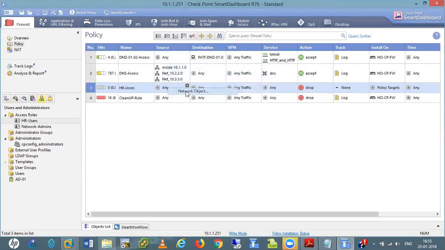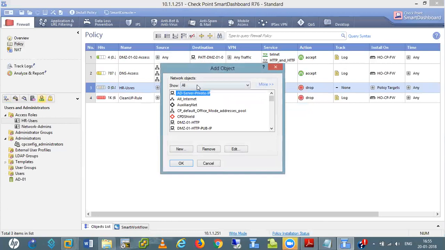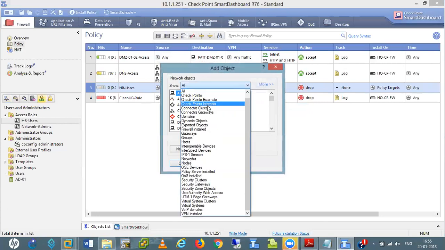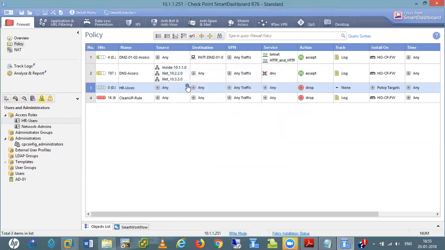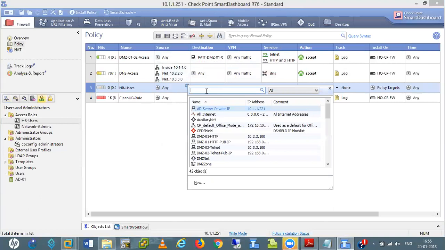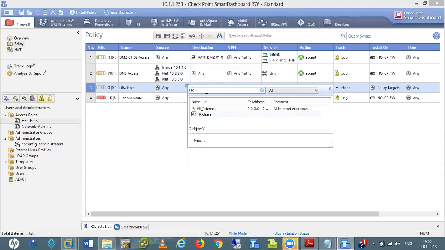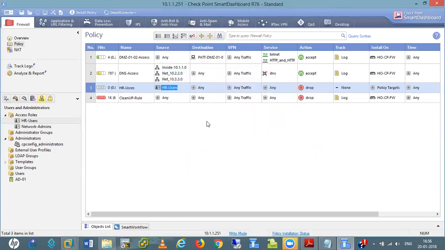There is some other method also. We can directly add that user's detail here. Let us put HR. We have to search for HR users here, and then we just install this.